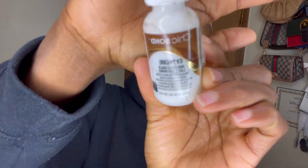Okay, so I'm about to clean it. I'm using hydrogen peroxide. I wouldn't advise that you use it. I think you should use alcohol, because when I used it, I started having some white stuff on my head. But that's what I had, so I had to use it. So we just clean our forehead to make sure that when we put the glue, everything can stick. This is the glue that I use, and then I'm just gonna put it around,